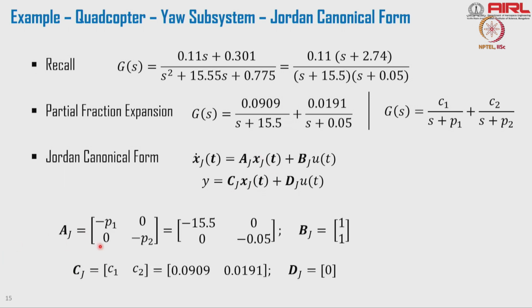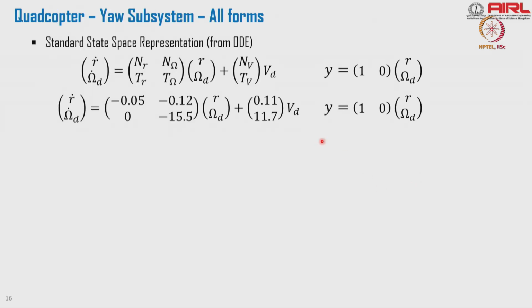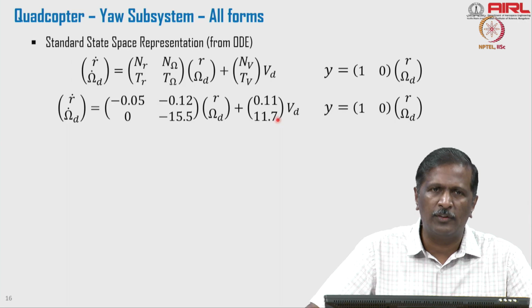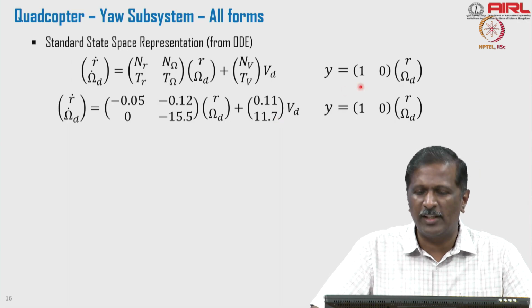The A matrix will be minus 15.5, minus 0.05. Your B matrix will be 1, 1. C matrix is the coefficient of the partial fractions, C1 and C2, and D, right? So I can transform the yaw dynamics into Jordan canonical form, right? Now I'm going to present all the forms of yaw subsystem, right, so that we can appreciate